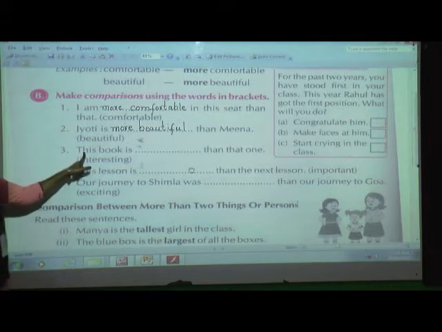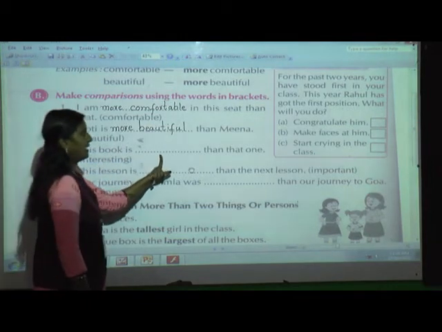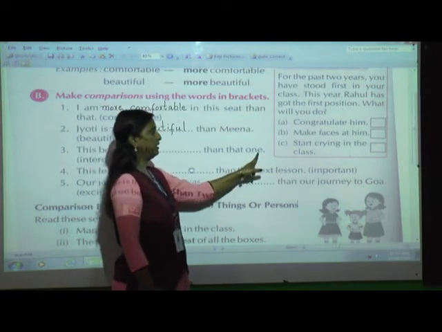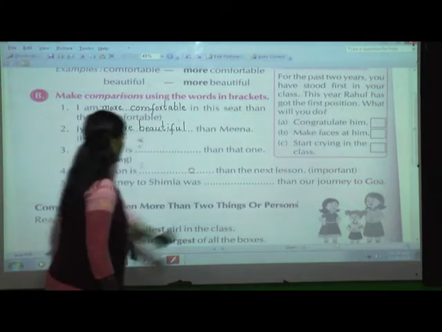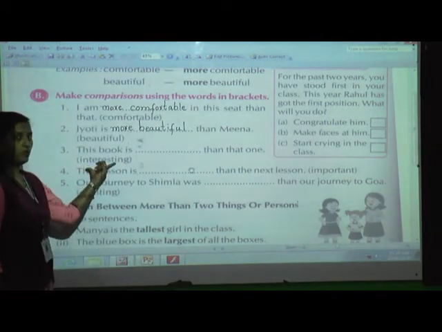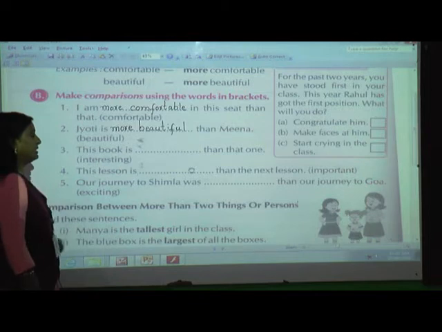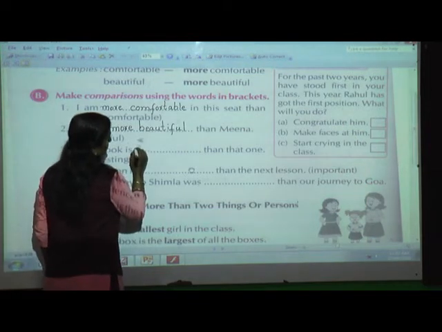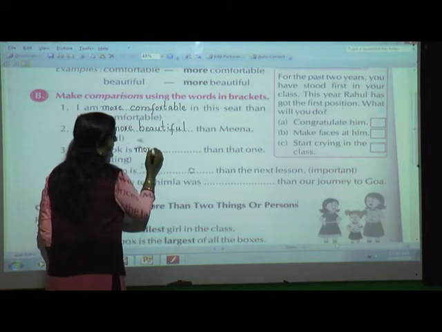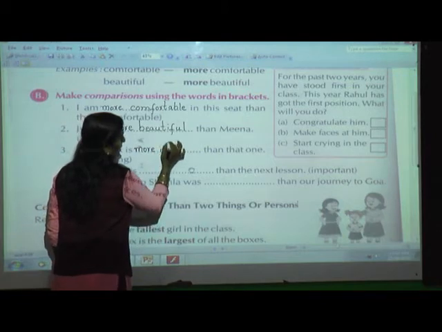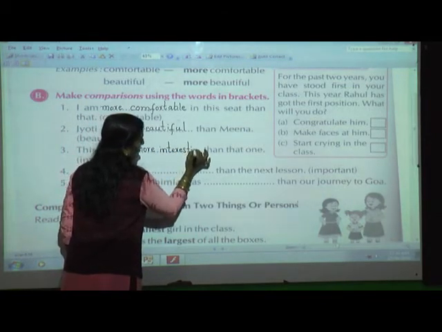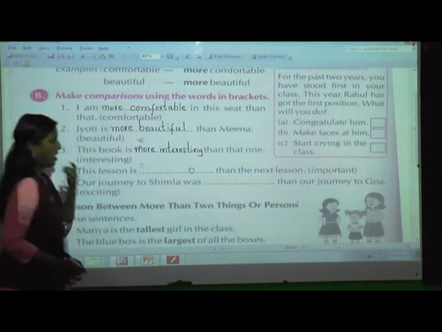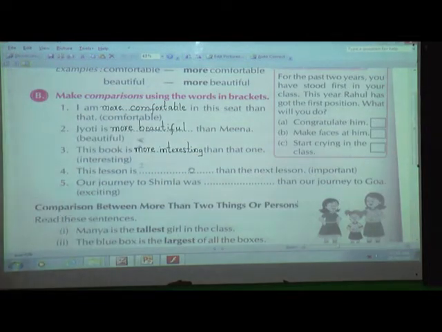Third, this book is dash than that one. Here also you can see only two things have been compared. This book is compared with that one. So what is the word given over here? Interesting. So it is a big word. So I am going to add M-O-R-E, more interesting. Next,